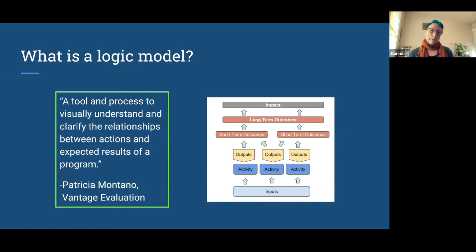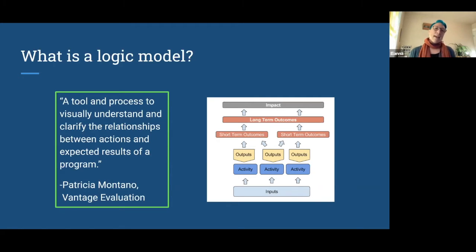It's going to bring visual organization to what are the resources that you have, and within each of those groups of resources, can you associate them with actions that need to be taken? And for those actions, we're going to move up a level higher and associate those with short-term outcomes. Those short-term outcomes should then be associated with long-term outcomes and impact.